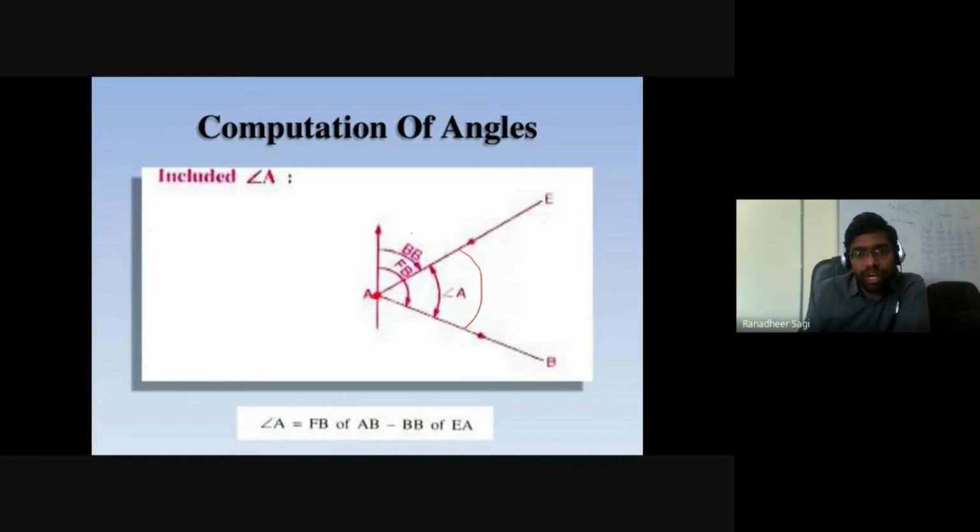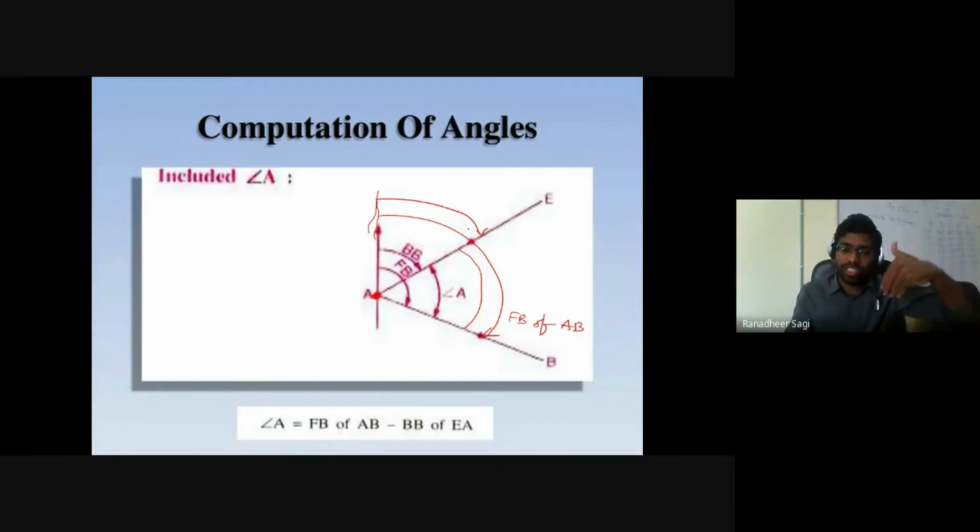So in the process of writing down the included angle at A, this much angle is nothing but, from the north if I am trying to define, whatever angle I want to find out is nothing but this angle, which I am writing as the forebearing of line AB, minus this angle. What is this angle, which I am representing with respect to the line EA at the position of station A? We call it the back bearing of line EA. So from the forebearing of line AB, if I subtract the back bearing of line EA, then I'll get the included angle at point A.